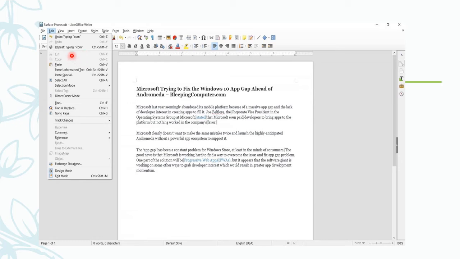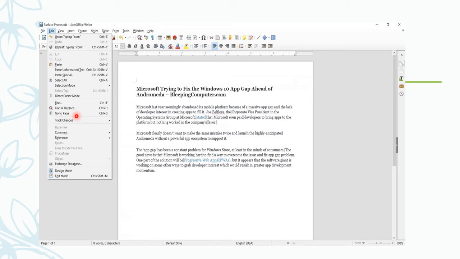And cut, copy, paste, and select all, selection mode, direct cursor mode. So these are all the different modes available. And find and replace, and go to page, because if you're having more pages, you can click and enter which page you want to open.